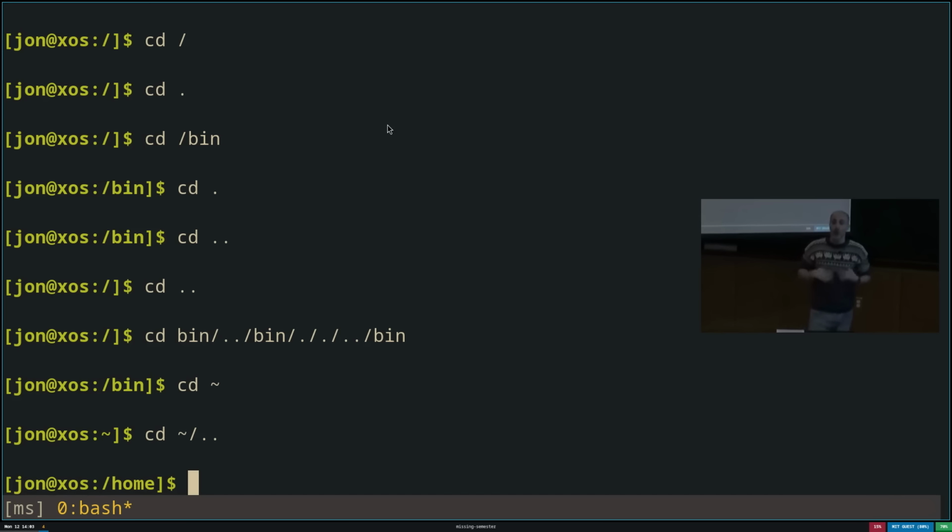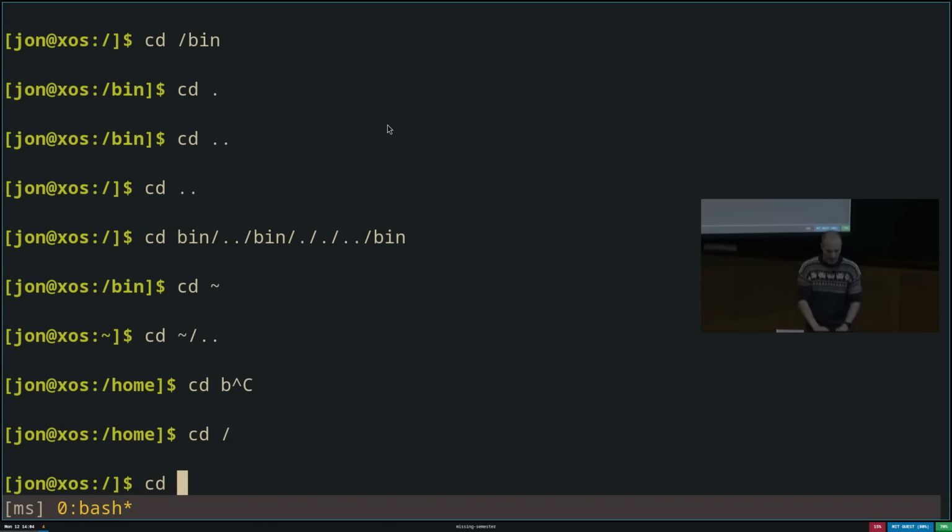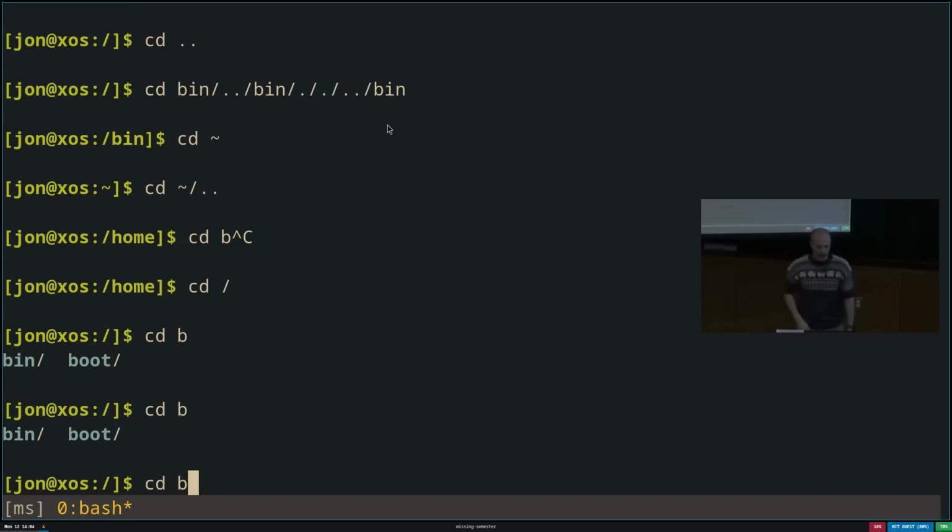There's one more trick that's useful to know here, which is tab. Tab in Bash gives you autocomplete. So, for example, if I do cd b and then press tab, well, in this case, b is ambiguous. Oh, that's because I'm in the wrong place. cd b and then press tab. You'll see if I double press tab, it gives me all the possible options. In this case, /bin and /boot are both directories I could go into. But if I do cd bi and then press tab, it autocompletes to bin. So this is one way to more rapidly navigate through folders: you just type the first few letters and then press tab. And if those are ambiguous, tab will show you the options.